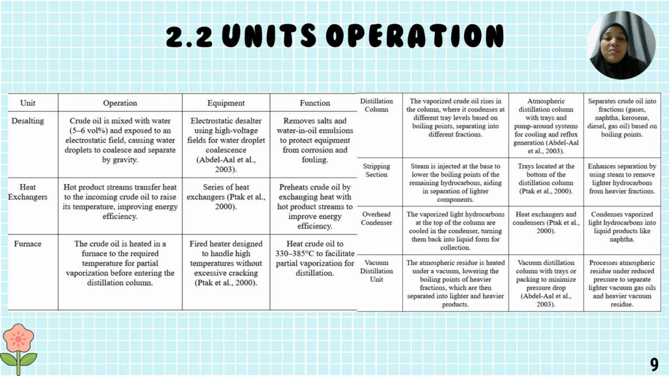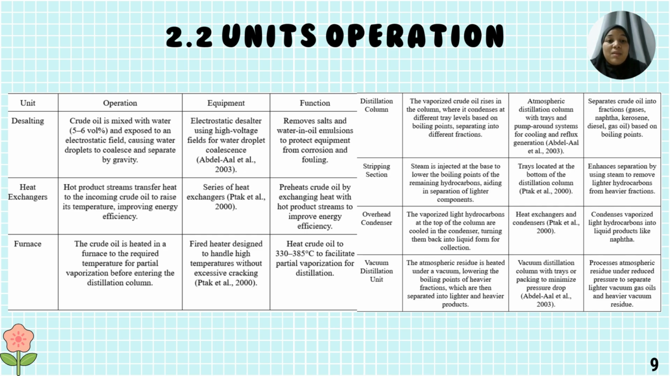And the next is the furnace. The crude oil is heated in a furnace to the required temperature for partial vaporization before entering the distillation column. So the equipment is a fired heater designed to handle high temperature without excessive cracking. And then the distillation column. The vaporized crude oil rises in the column where it condenses at different tray levels based on boiling point, separating into different fractions. So the function is to separate crude oil into fractions, which are gases, naphtha, kerosene, diesel, and gas oil based on